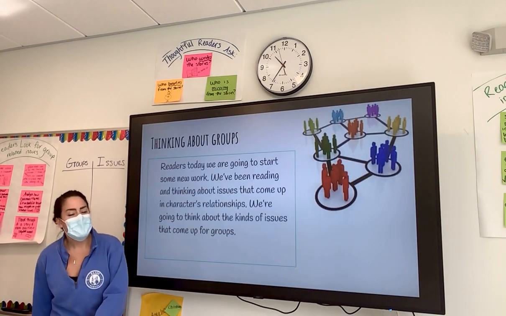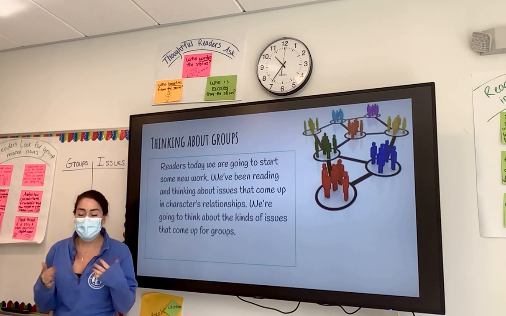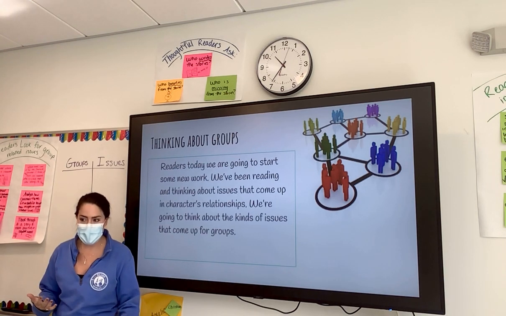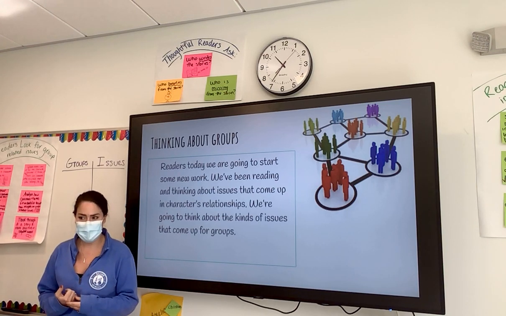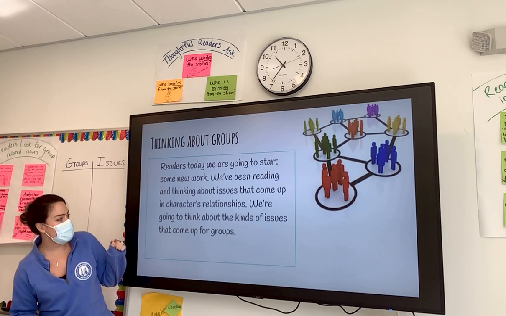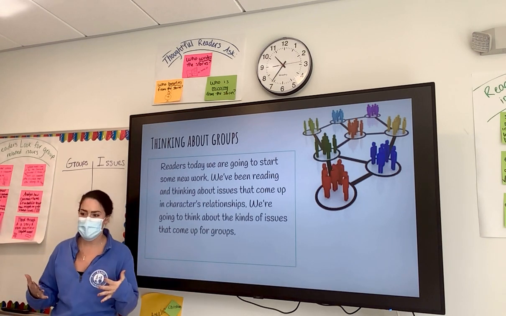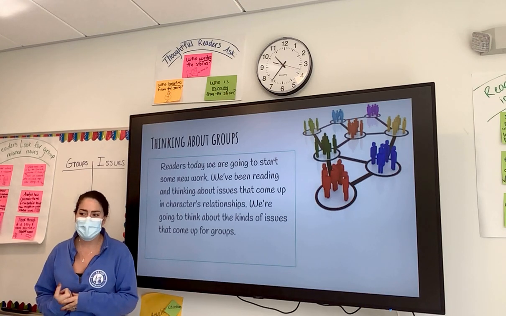All right, friends. So today we're going to be starting the second bend of our unit. In the first unit, we were focusing mostly on relationships between individuals. And now we're going to be moving into focusing on relationships between groups. So this is going to be really deep thinking work. We're going to be thinking about issues that come up between groups, and we're going to really be taking some